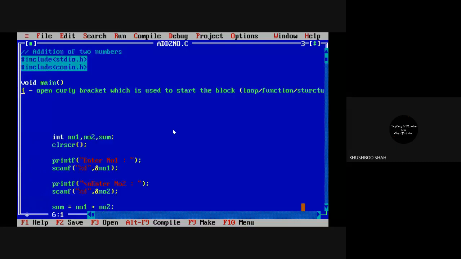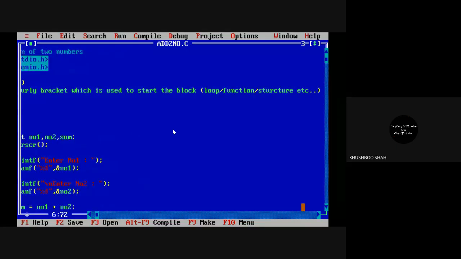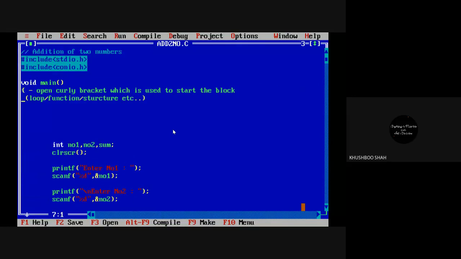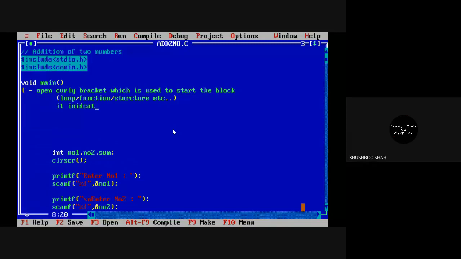What all of this is, we will see. So this is the open curly bracket which is used to start the block. It indicates the starting point of a block. What is a block? What is a loop? What is a function? We'll learn.